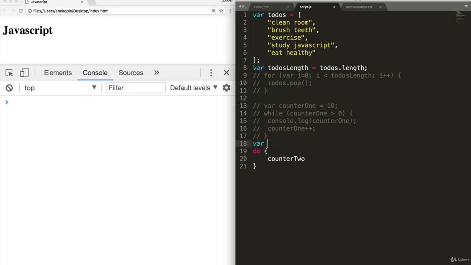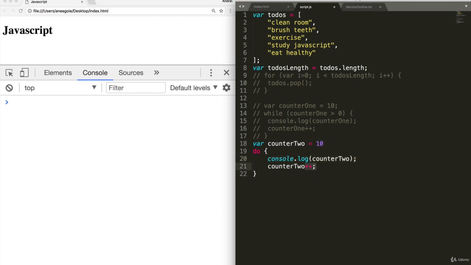We'll do var counter2 equals 10. And do counter2 minus minus, so subtract counter2, and also console.log counter2. And we want to move console.log to the top, because this way it'll start with 10,